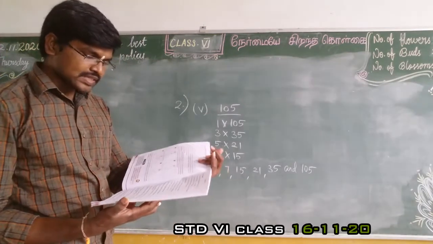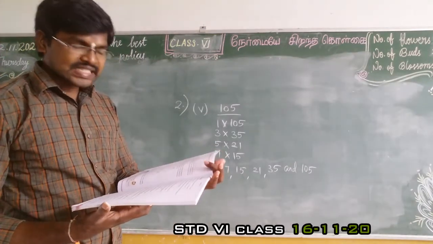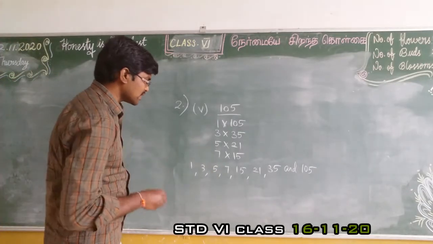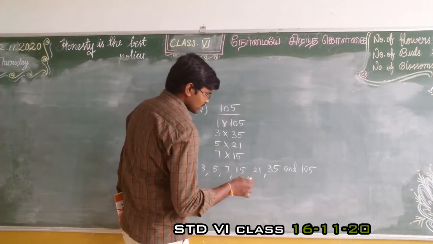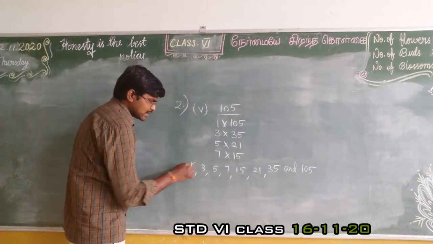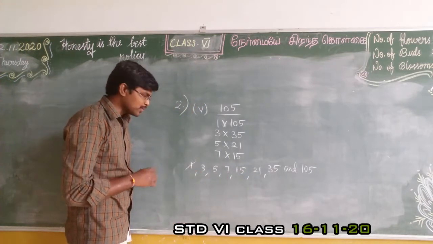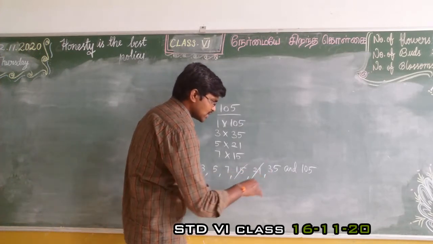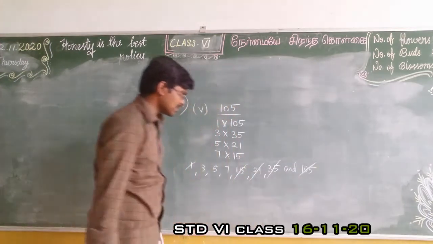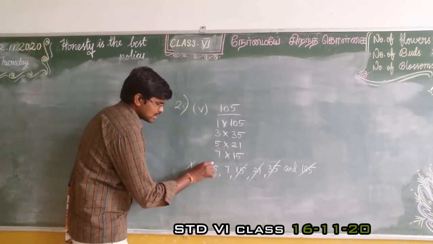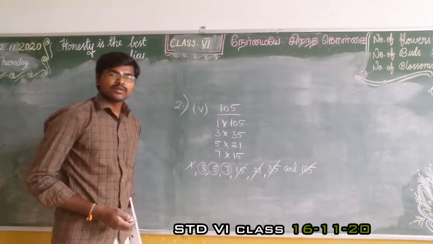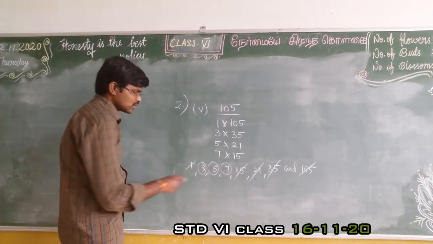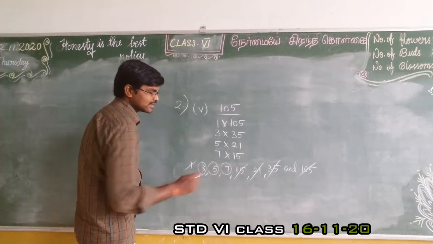Here the question is the number of distinct prime factors. So distinct prime factors, here 1 is not a prime number, also not a composite number. See, this is not a prime number, this is not a prime number, not a prime number. See, 3, 5, 7. So totally we have 3 distinct prime factors. So 1, 2, 3, totally 3 numbers.